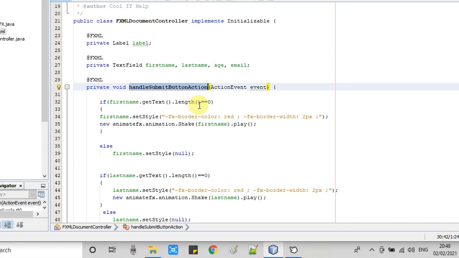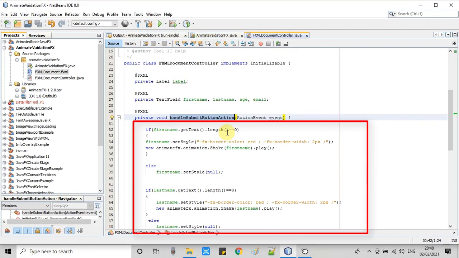I am assuming that the user has to put something inside the text field. If he is leaving the text field blank, then a message will display to the user that you have left the field blank. In my case I am putting a red border on it, and we are shaking that field. So I'm grabbing the attention of the user that you left this field blank. It is a simple arrangement.